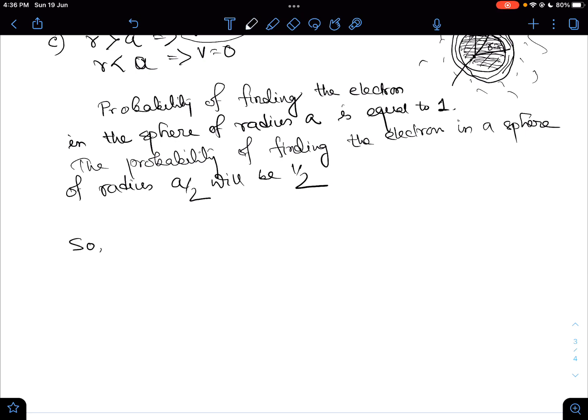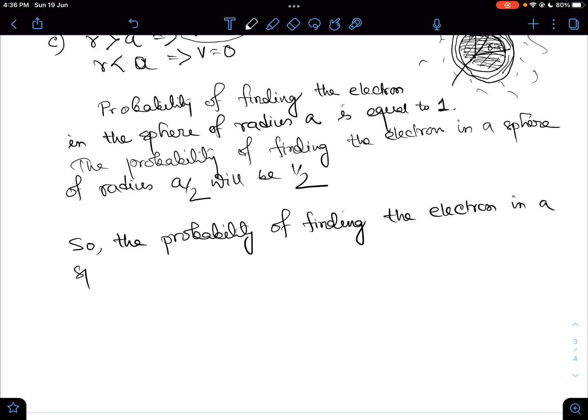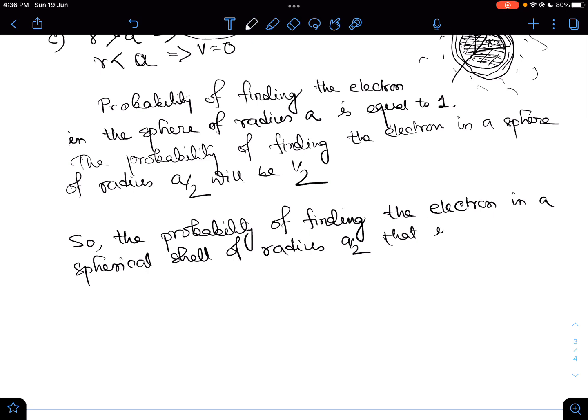So the probability of finding the electron in a spherical shell situated from r equal to a to r equal to 3a by 2 is 0,